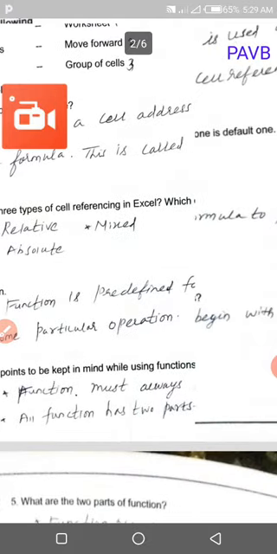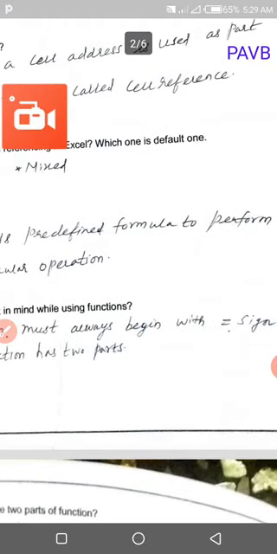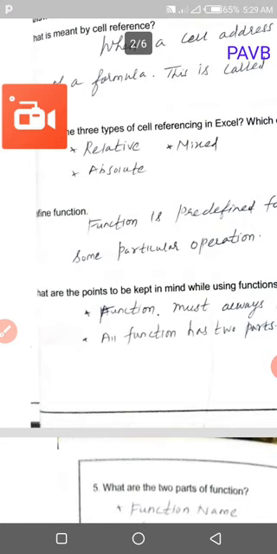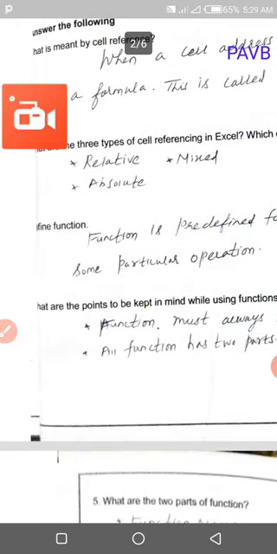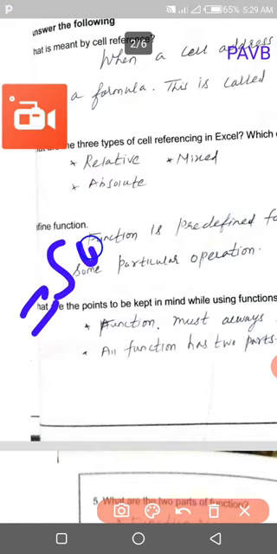Define function. A function is a predefined formula to perform some particular operation. For example, equal to SUM of 1, 2, 3.